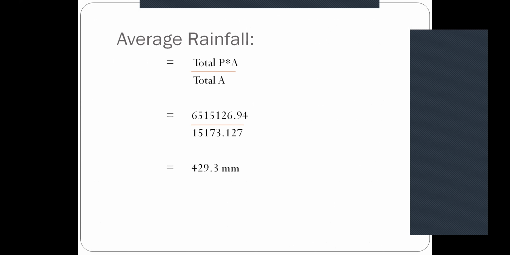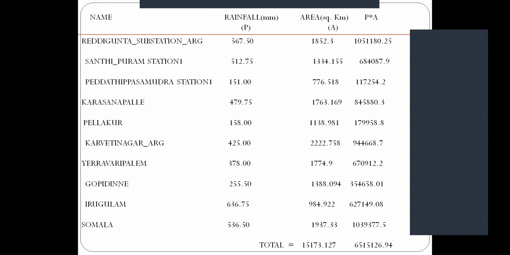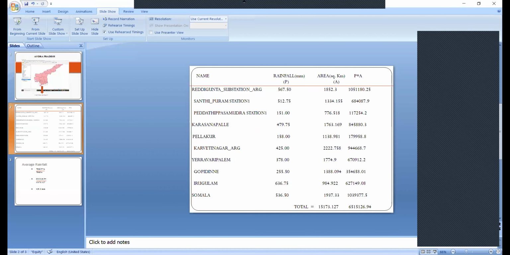So the previous guy, what did you get, Nischal? 465, sir. Not bad, right? Both your numbers are pretty close. His total area was slightly lower, 14,900. You've got slightly higher, 15,500. I think the actual area is 15,300, something like that. So you are in the same range of values. Thank you, Sindhuja.